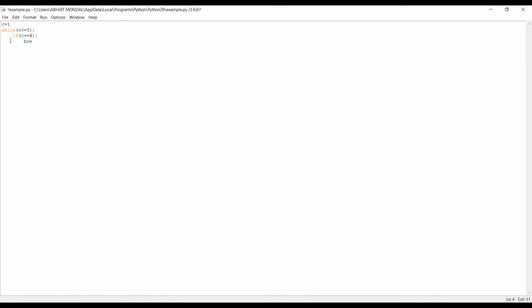Then print the value of c and give the increment, or else it will become an infinite loop. Save it by pressing Ctrl+S and then run it.